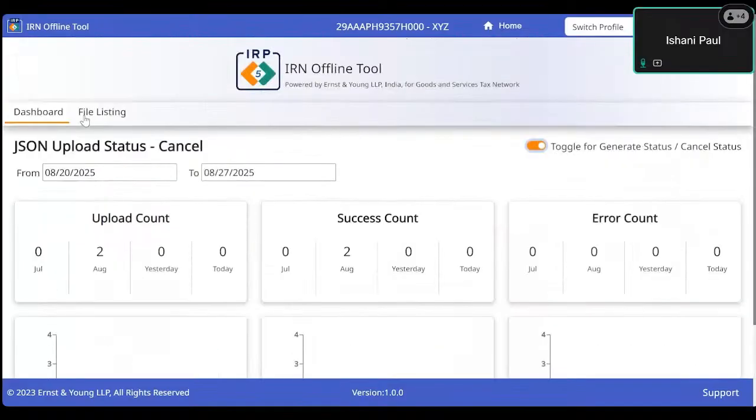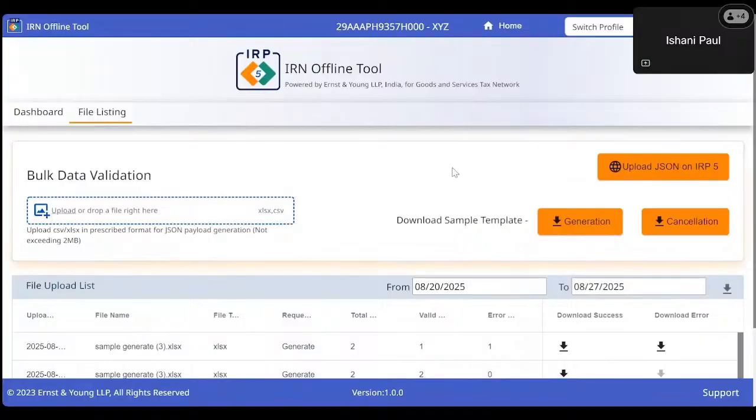On click of file listing, from where you will be doing the upload activity, here you can see two types of templates are available. One is generation and the other is cancellation. The moment I click on generation,